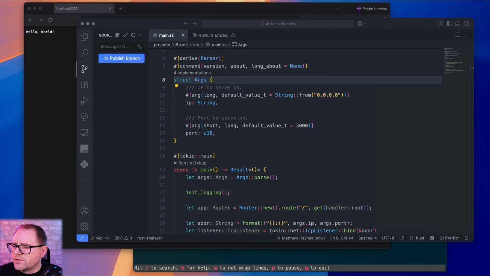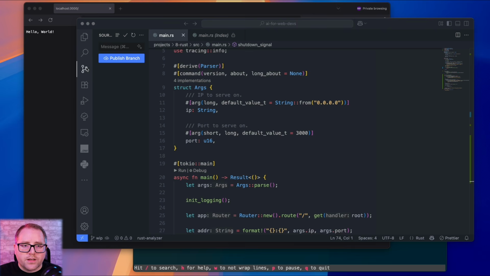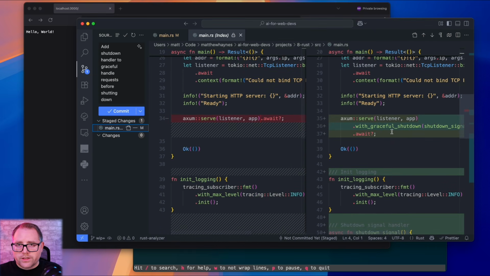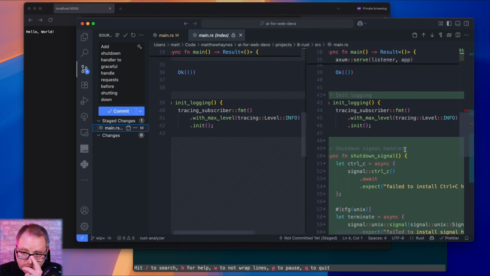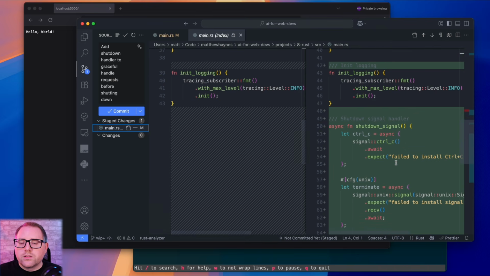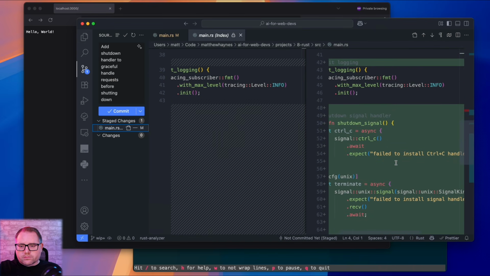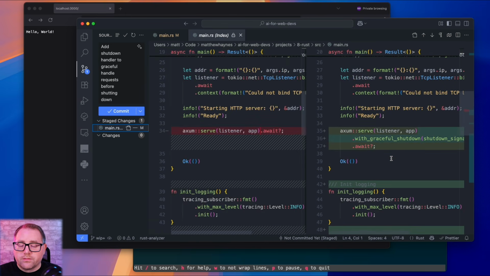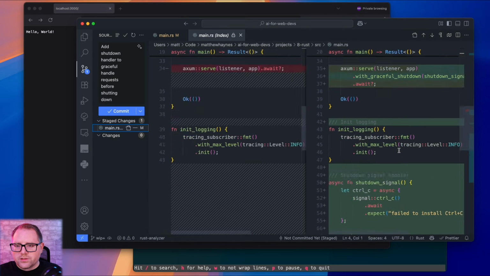Another thing we're gonna want to do is add a shutdown handler. So what do I mean by shutdown handler? Well, in this case, using Tokio, when you do Control-C or SIGTERM or whatever, it's going to intercept that, wait for the current process to finish, and then terminate. So it's just best practice. Again, nothing in our demonstration is really going to change, but it's a little bit more setup, a little bit more cleanup.